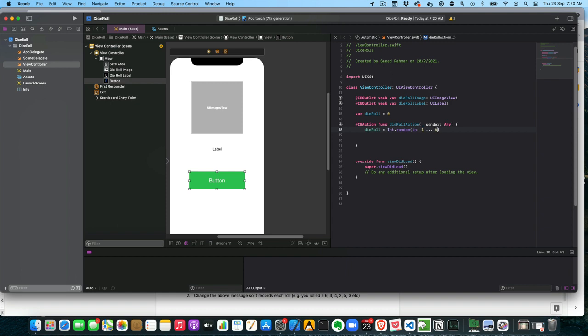So what will happen is when this button is clicked, it's going to give it a random value from 1 through 6, and then it's going to update this die roll variable. You can see here the variable die roll, initially 0, then it's going to say die roll equals int.random 1 to 6, meaning that this die roll variable that you've created here is going to be updated to whatever the value is from 1 to 6. At the same time, we want to